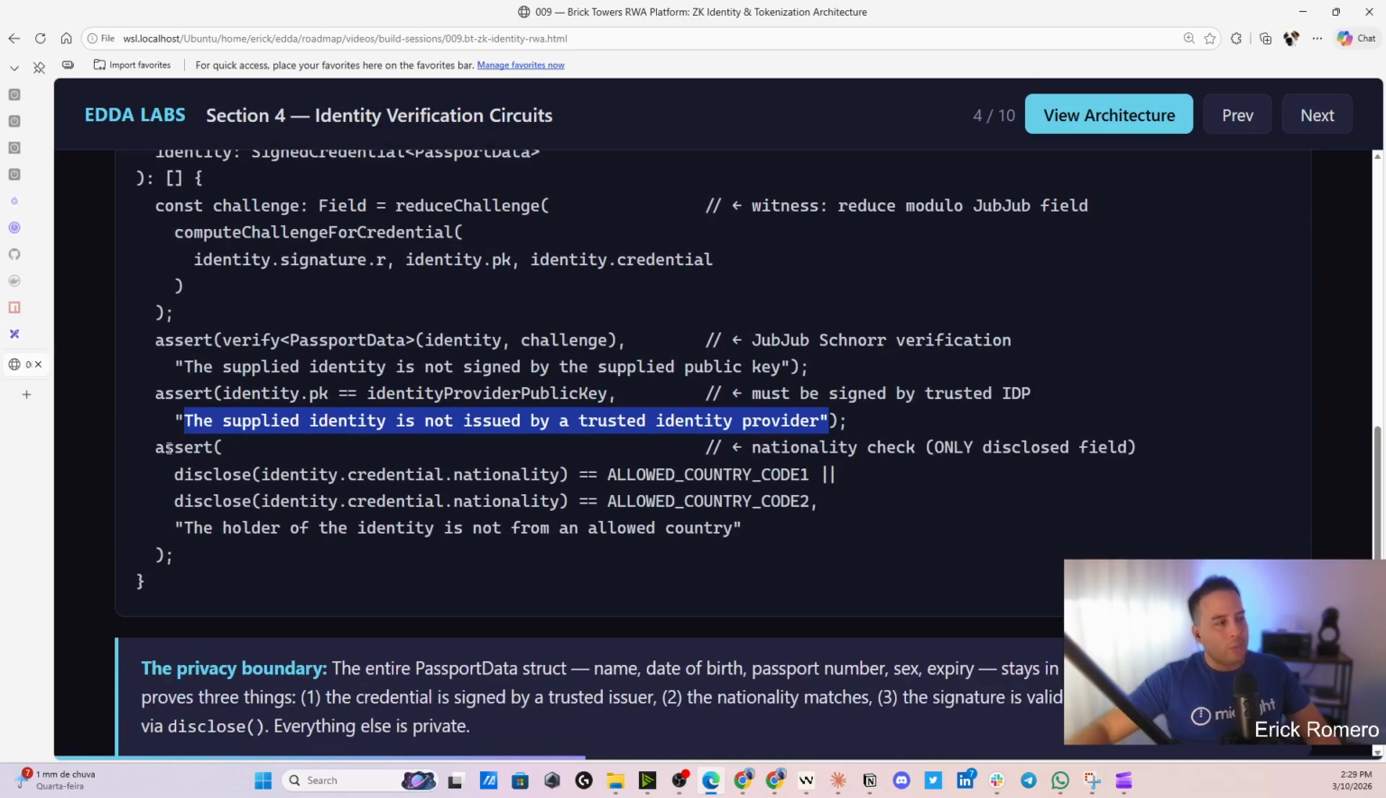Okay, and lastly, we're gonna assert certain conditions. We're gonna make sure that the identity credential nationality is equal to the allowed country 1 that we set up during the creation of the contract, or the identity credential nationality is equal to the other allowed country, which is code 2. If those fail, we're gonna have a message saying the holder of the identity is not from an